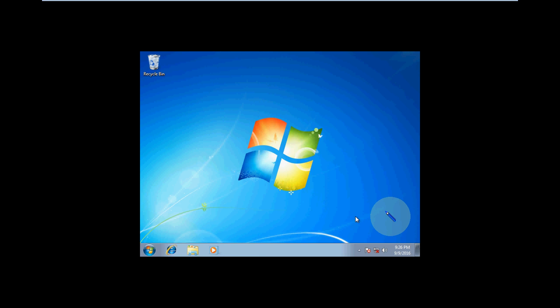Okay, so as you can see here, I have Windows 7 installed on my virtual machine. For those who don't know what a virtual machine is, you can just watch my previous videos. However, our topic of discussion is user accounts and their applications. So as you can see here, it's a bare PC, and if you have a computer in your home or in your office and